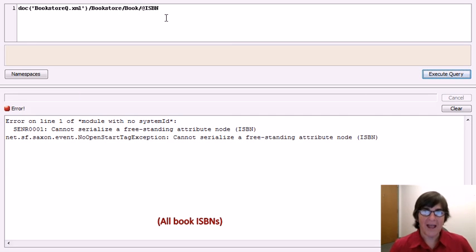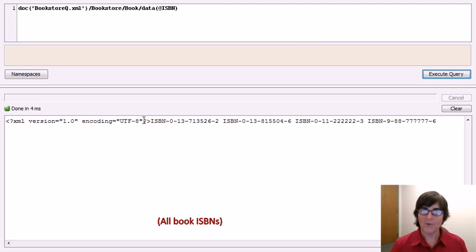It turns out that attributes cannot be what's called serialized in order to return them in an XML-looking result. So what we need to do is obtain the data from the attribute itself, and once we do that, we'll see that we're getting the answer that we desire. So we'll ask for the data of the attribute, run the query, and now we see we have all the ISBN numbers. Now the attribute data is just strings, so we're returning the ISBN numbers as a set of strings